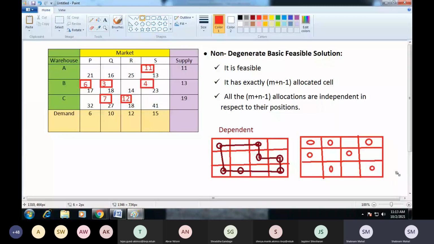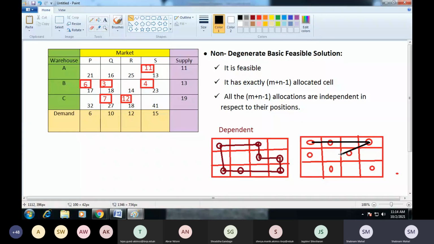I have a total of 7 allocations. If I start from any point, suppose I start from this point, I try to connect all the allocations. So this is my first connection. Then this is my second connection. Now I can't connect in this fashion. We have to connect using vertical and horizontal lines only. You can't use any kind of cross lines or slanting lines.